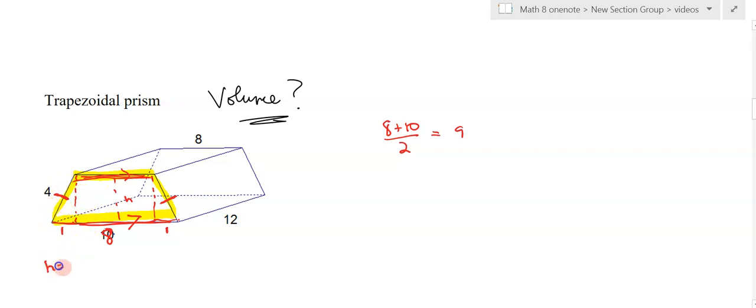So my height of my triangle is going to be the square root of 4 squared minus 1 squared. And I'm going to get 3.9 approximately. So I can now multiply that by 3.9, and I'm going to get the area of the trapezoid